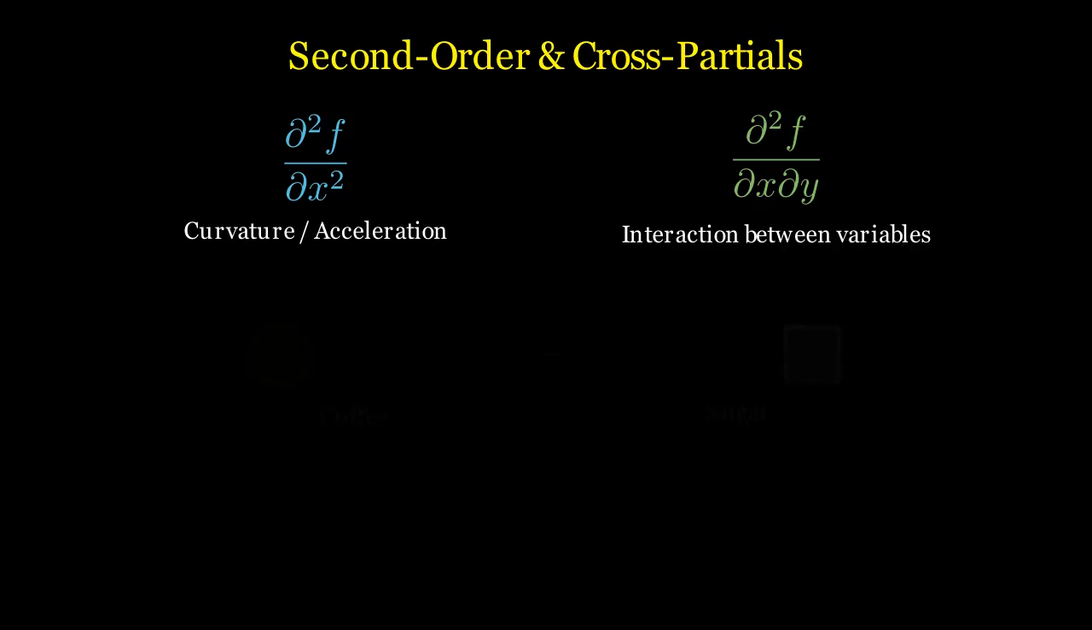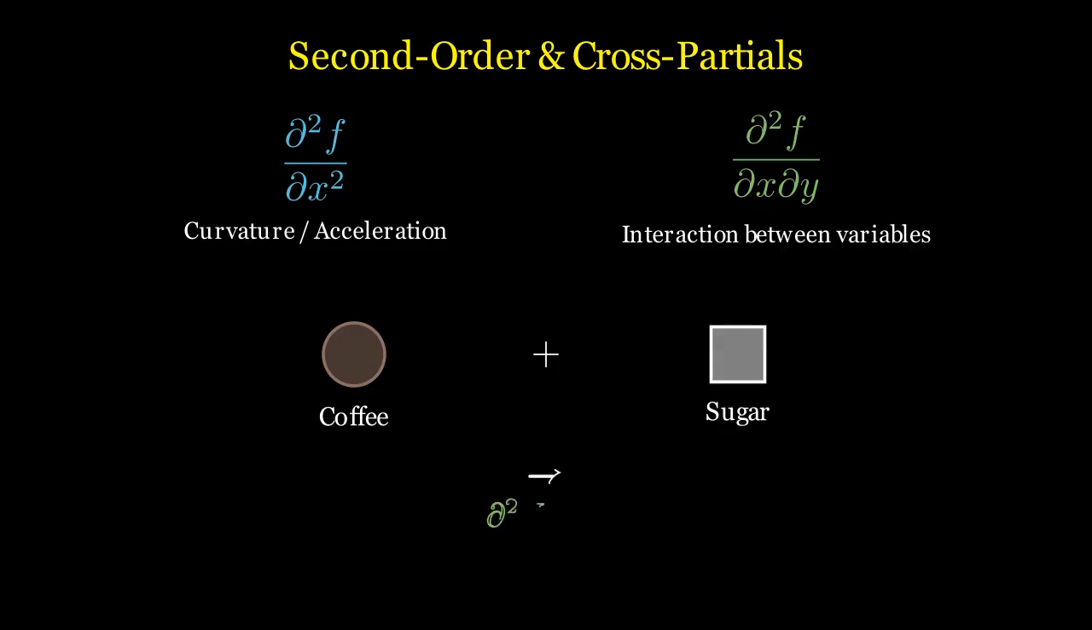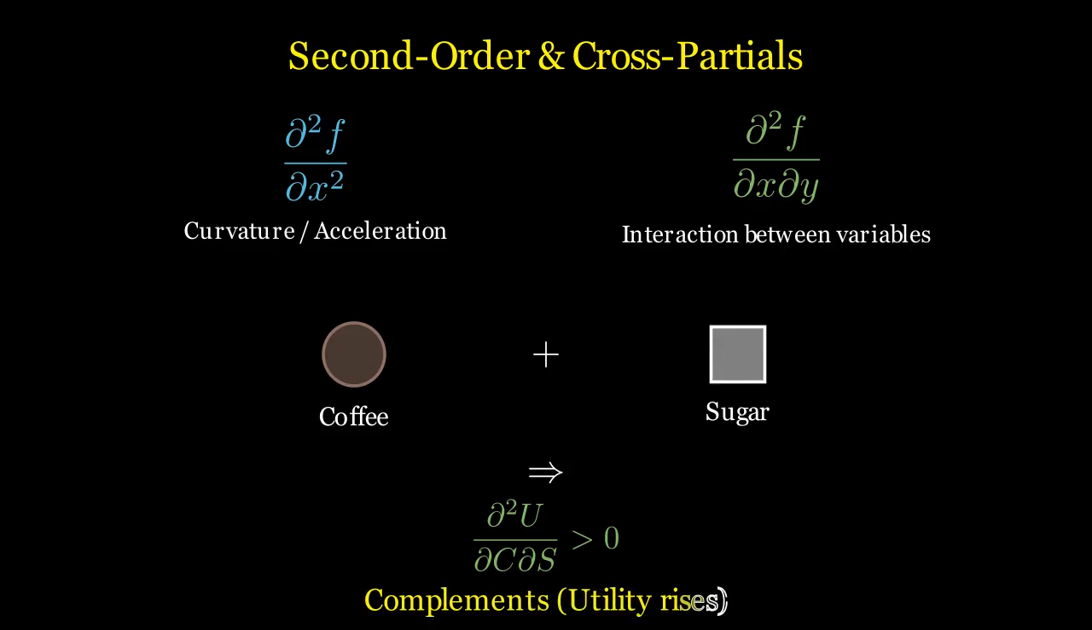Moving beyond first-order changes, we have second-order partial derivatives. These tell us about the curvature of our economic models. For instance, ∂²f/∂x² tells us if the marginal utility is increasing or decreasing. Even more interesting are cross-partial derivatives, like ∂²f/∂x∂y. In economics, these reveal if two goods are complements or substitutes. If the marginal utility of coffee increases when you have more sugar, the cross-partial derivative is positive, signifying they are